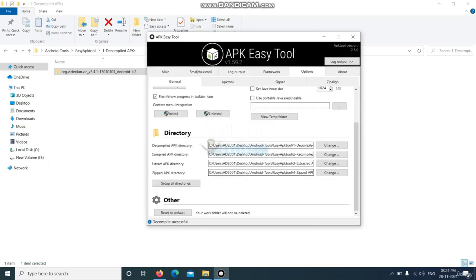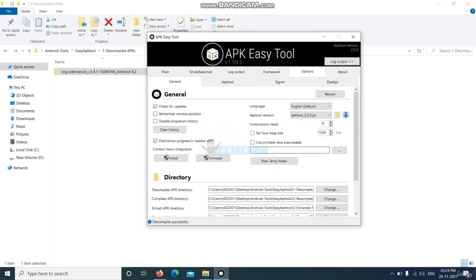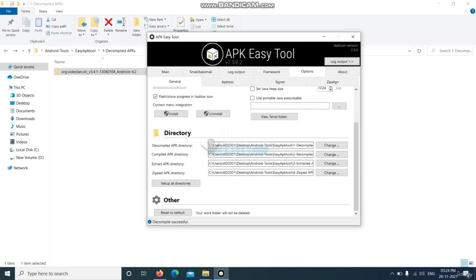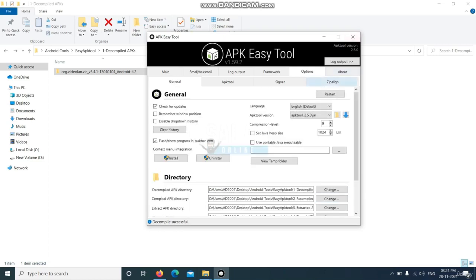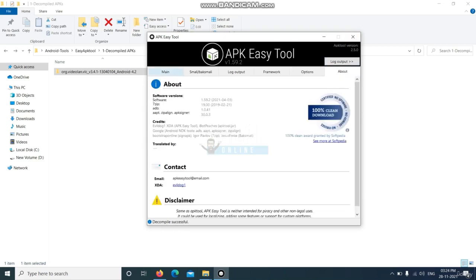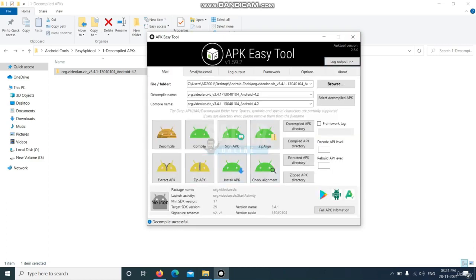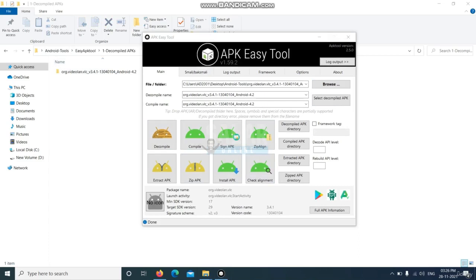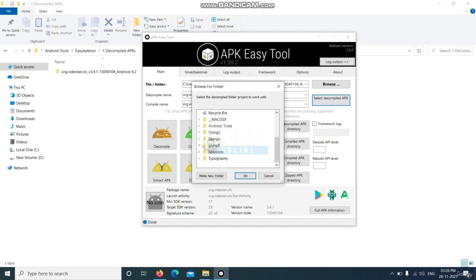You can also look at the options, change the path of the decompilation, etc. Okay, so this is all for this tool, and let's compile our decompiled application once again. To compile this you can just click on select decompiled APK and go to our path, which is